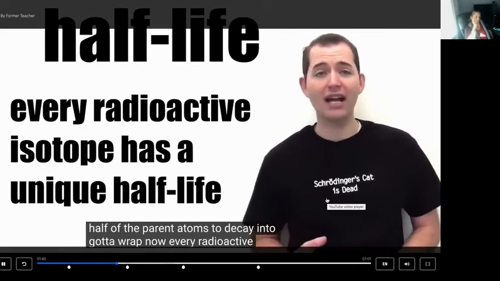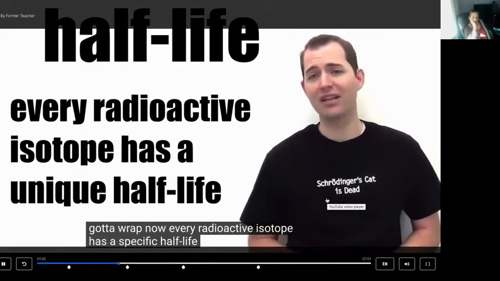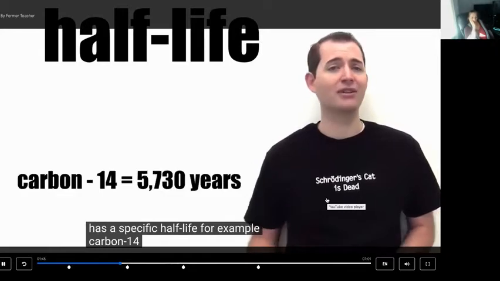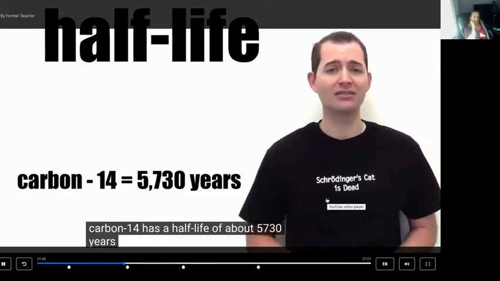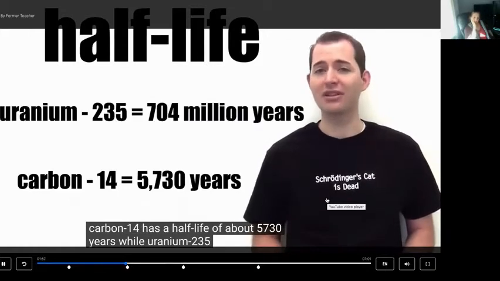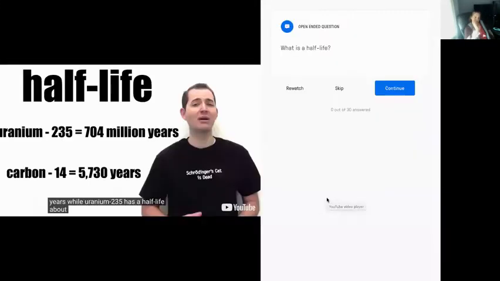Now, every radioactive isotope has a specific half-life. For example, carbon-14 has a half-life of about 5,730 years, while uranium-235 has a half-life of about 7